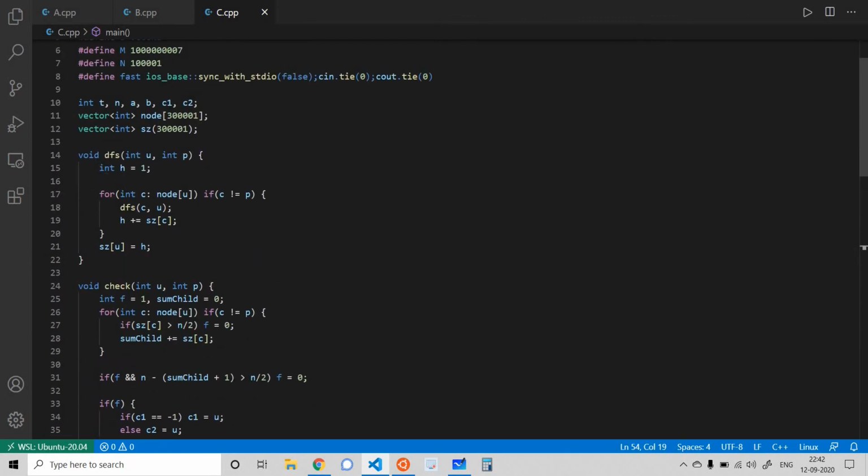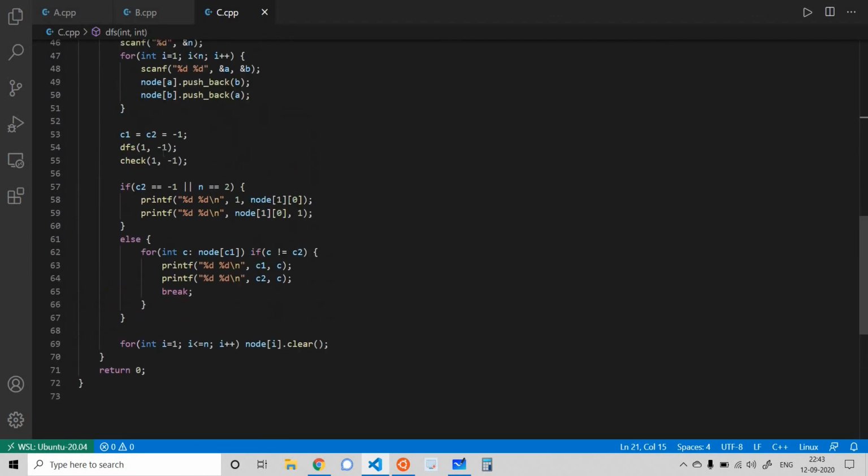Find out the size, yes, I have initialized it to h, as during the contest as well I was using height. So this size represents the current node. Then I found out the size of all of its children. If the child is not the parent, then I call the DFS function on it and find out the size of its children, add it to the current size, and at the end the size of the current node would be equal to h. So in this DFS I find out the size of all the subtrees, that is size[i] equal to size of subtree rooted at i.